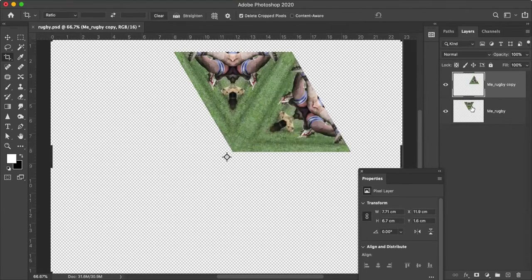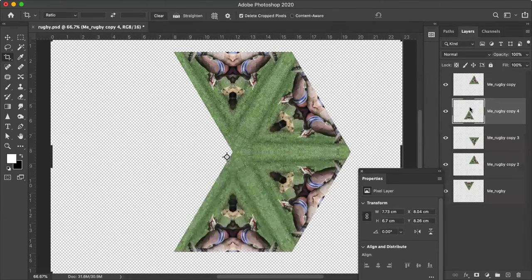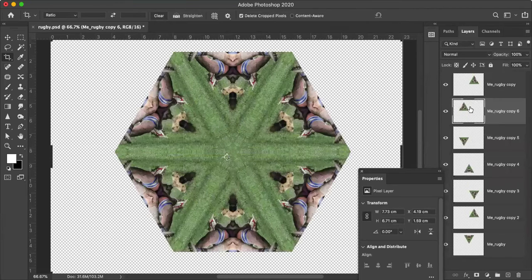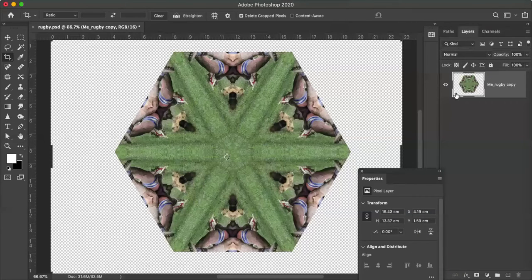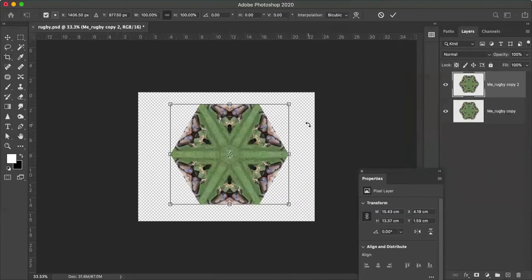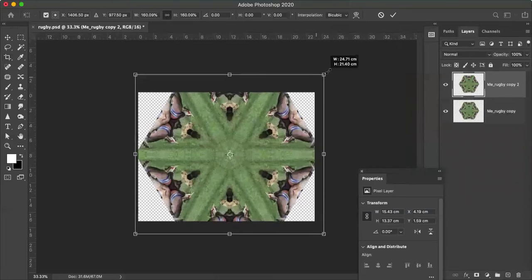We've got that. And I can actually Command Option Shift T. Keep going around until it fills that up and fills it as a kaleidoscope. All of these things here now, I can just merge visible, and I can drag that down, make a new layer, Command T. I'm just going to go Command minus so I can see that whole page. Option, Shift scale it up,